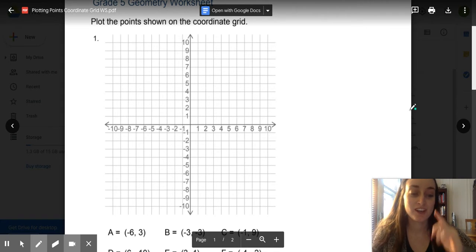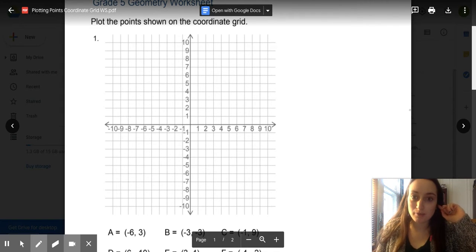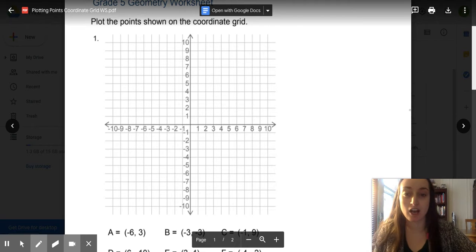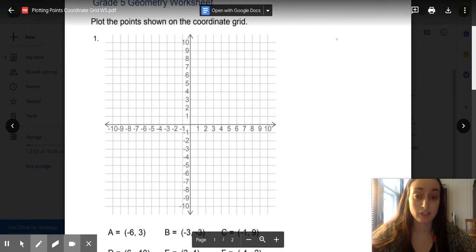Hi everyone. So today for math, we're going to be working on plotting points on a coordinate grid. Now I know you started working on this last week or maybe even the week before, but I wanted us to practice our skills a little bit and just do this as a reminder. So let's see. So we know that when we have a coordinate plane or a coordinate grid, we have